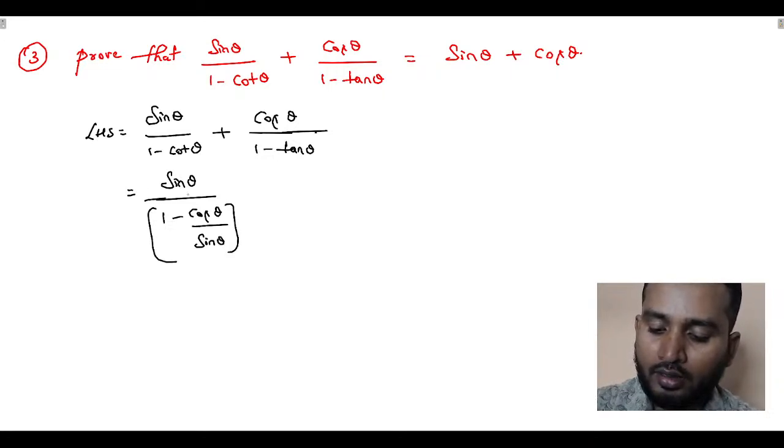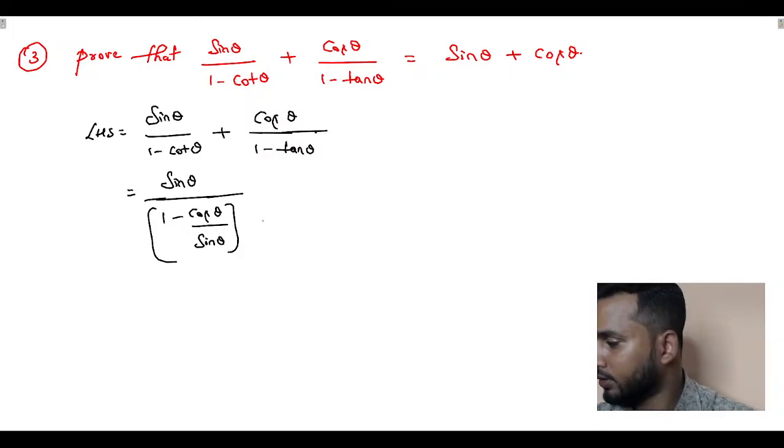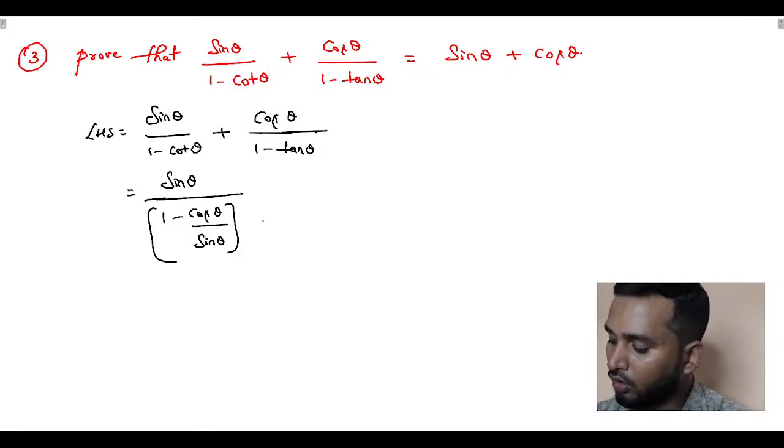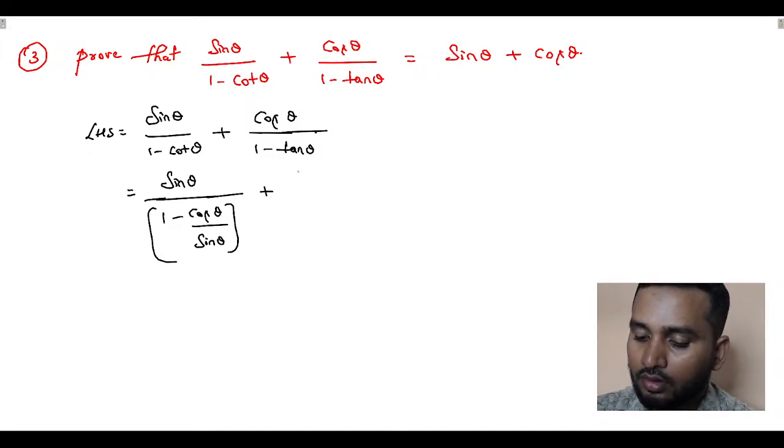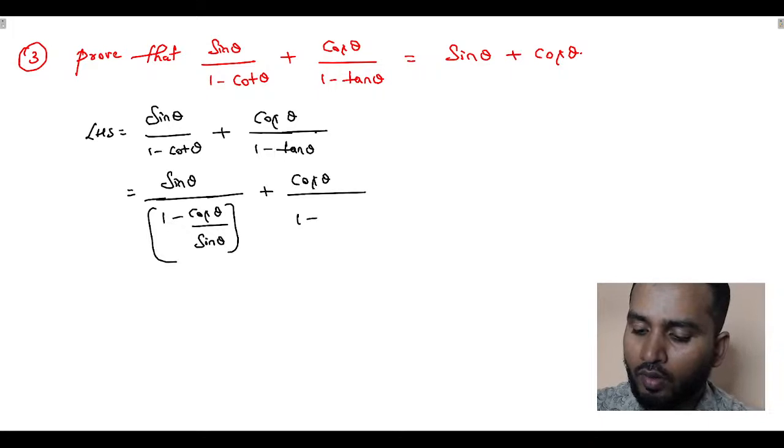Let me write the brackets, this is the denominator, got it. Next, plus cos theta divided by 1 minus tan theta, tan theta can be written as sin theta by cos theta,